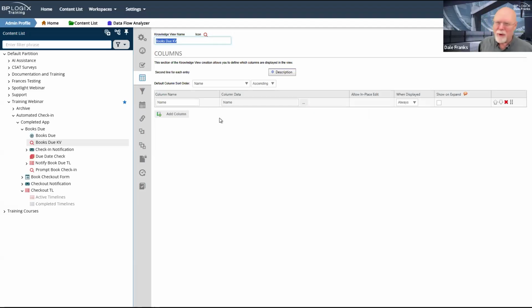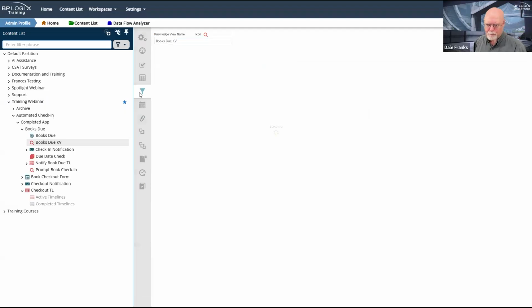But we're also going to have to filter it for that. So it's really only going to show us what books are due. You could return the due date or anything else you wanted, but I just elided past that for just the name. But you could add all of the other columns if you wanted here.